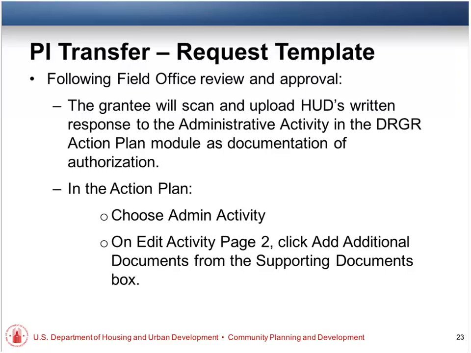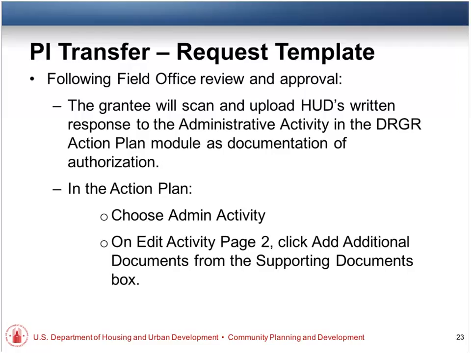In the case that your request is approved, you're going to scan and upload HUD's notification to the administrative activity area in the DRGR Action Plan module as documentation of approval. The reason we've asked for this to be uploaded to the action plan is, one, we want to make it easy for you to go back and find out when you actually made a request and how much was requested, and it'll all be right there in that action plan.